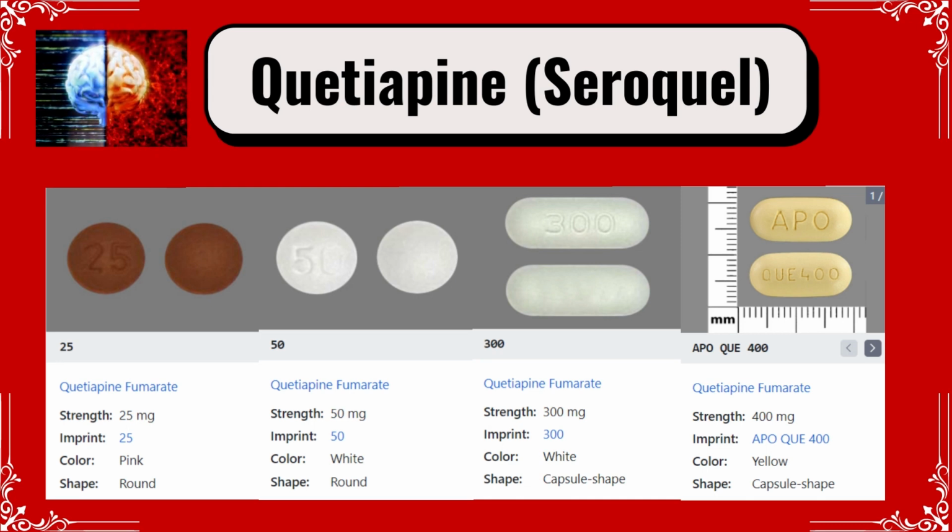Seroquel is a brand name for Quetiapine, a medication used to treat a variety of mental health conditions, including schizophrenia, bipolar disorder, and major depressive disorder. It is a type of atypical antipsychotic drug, which works by blocking the effects of dopamine and serotonin in the brain. This helps to regulate the activity of certain brain neurons and reduce symptoms such as hallucinations, delusions, and disordered